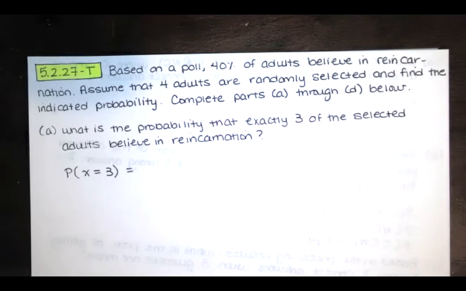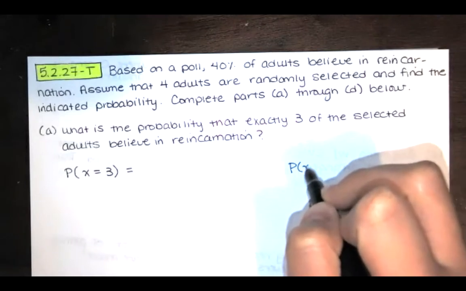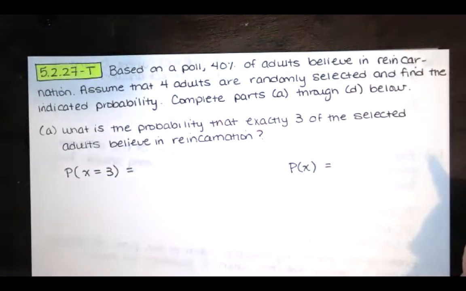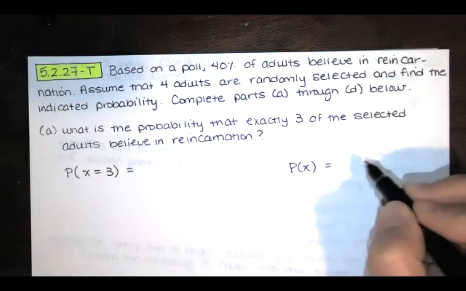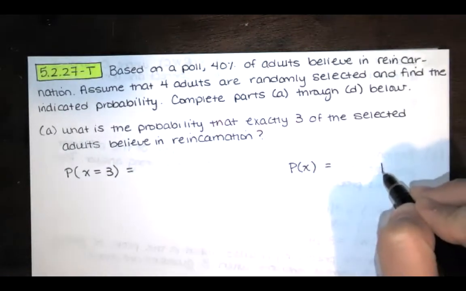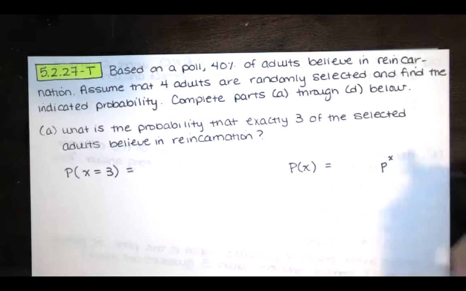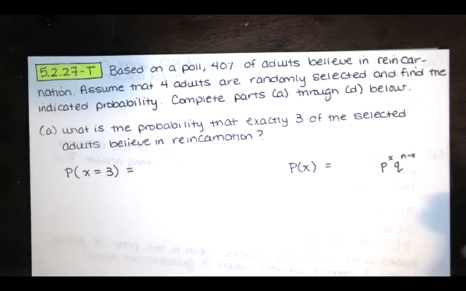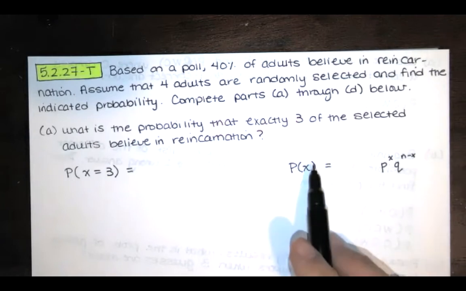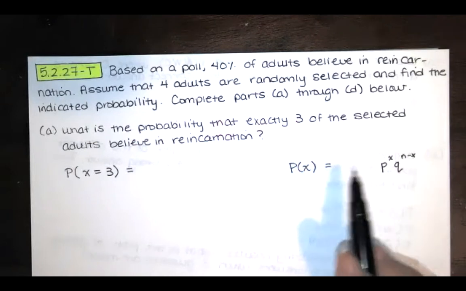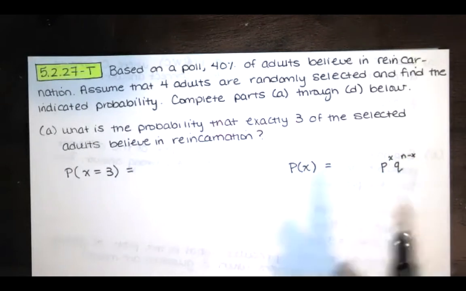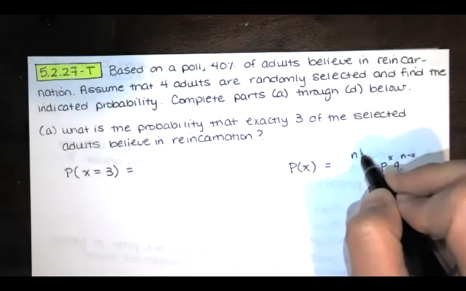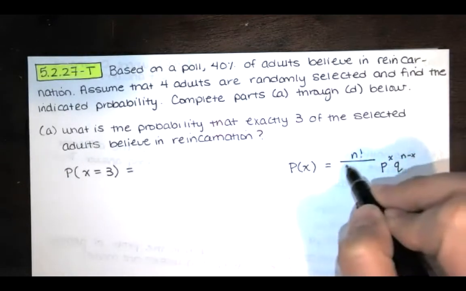Okay, so here's the probability of X successes in N trials. The way you find this is you take the probability of success and you raise it to the X power. And then you multiply by the probability of failure and you raise that to the n minus x power. And then you multiply that by the number of ways that you can choose x different positions from among n different positions. So that's the formula for a combination.